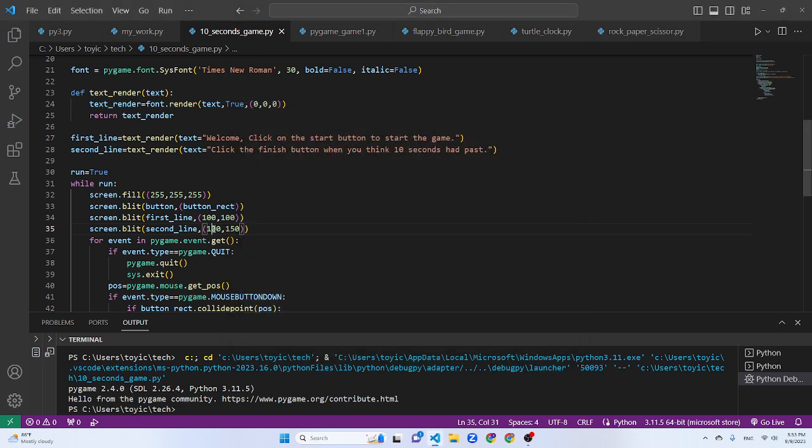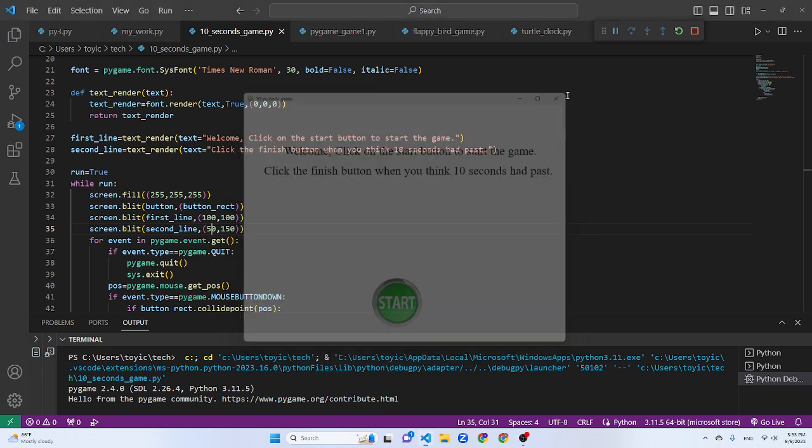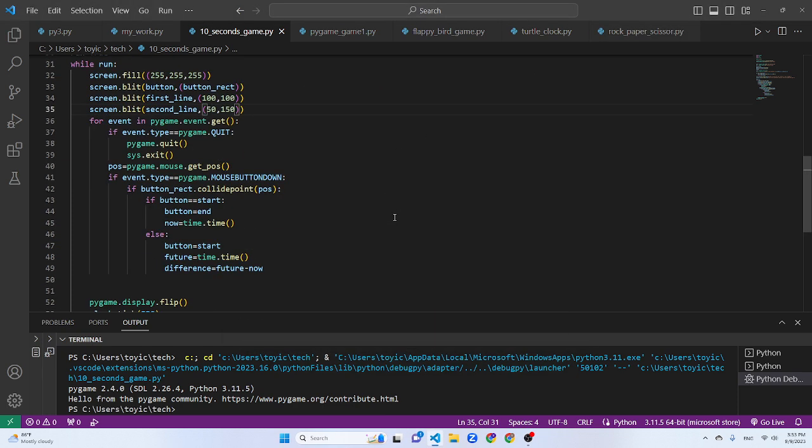Okay, so 100 is not so good. Let's try. Let's see, 50. I think 50 will be just fine. Yeah. Okay. But there will be nothing. So we need to tell the user or the player how many seconds have passed. So we will say the time passed equals to text window